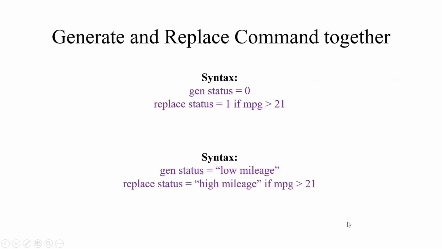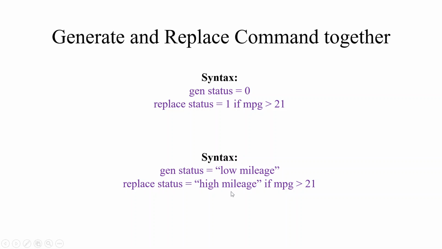Now generate and replace command together. Generate status is equal to 0. We are creating a new variable. Replace status is equal to 1 if MPG is greater than 21. It means that if the mileage of the car is greater than 21, assign the status 1, or else assign 0. The same syntax we can also run